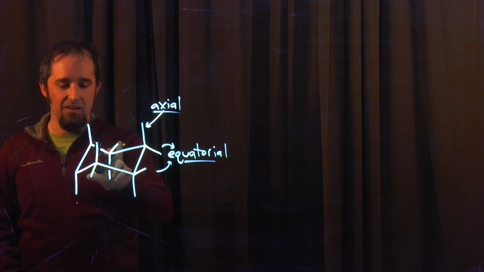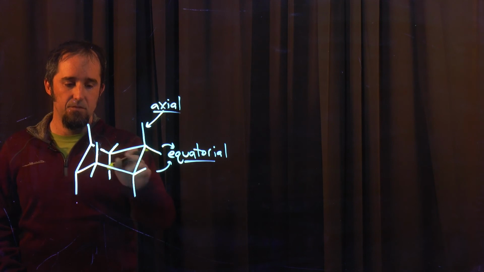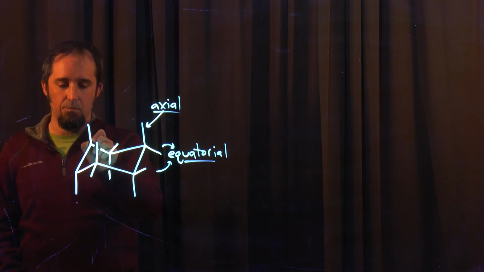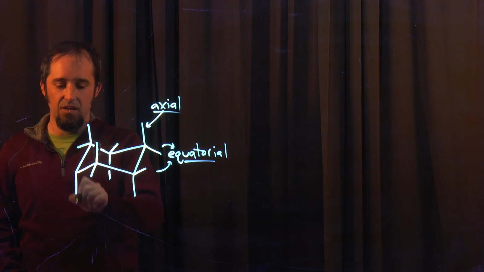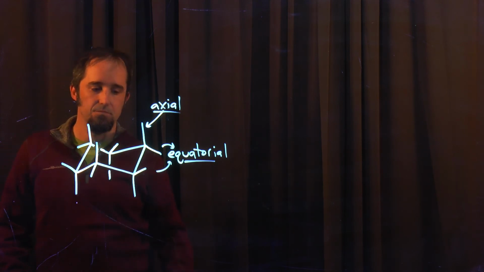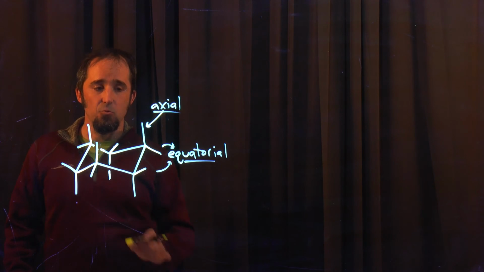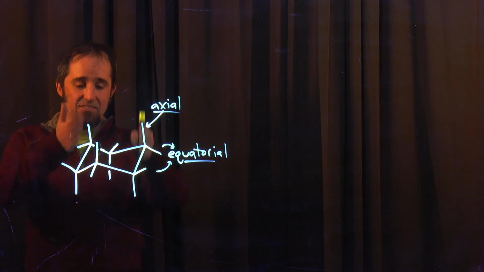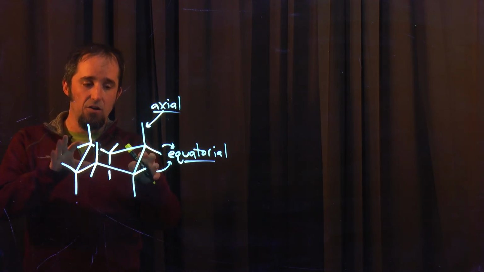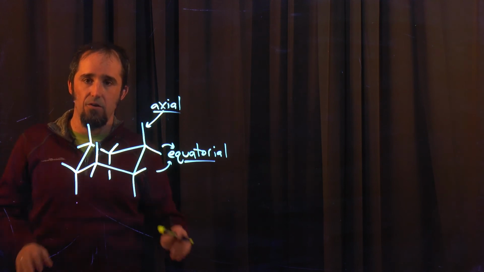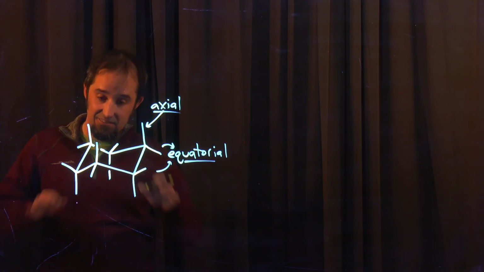Notice that, again, I'm looking for parallel lines. Both of these lines are roughly parallel to these. Don't draw it going the wrong way. This one's got an up, so it needs a down. This one's got a down, it needs an up. So each ring has 6 axial substituents, as I've drawn here, and 6 equatorial substituents, and 6 up and 6